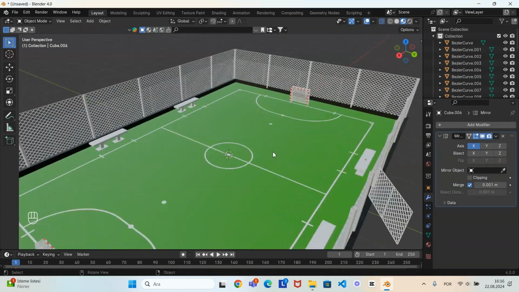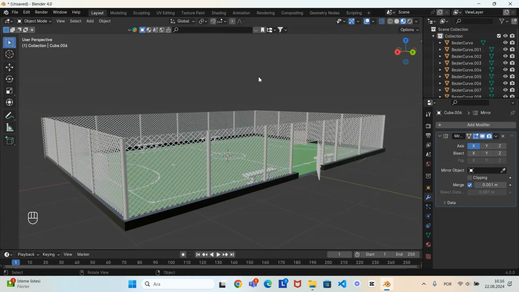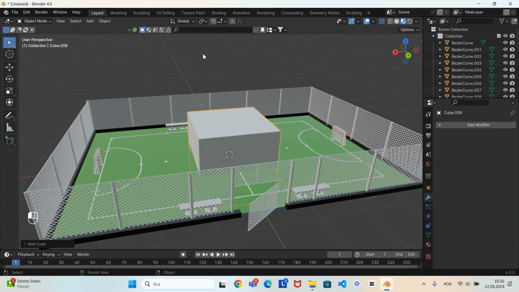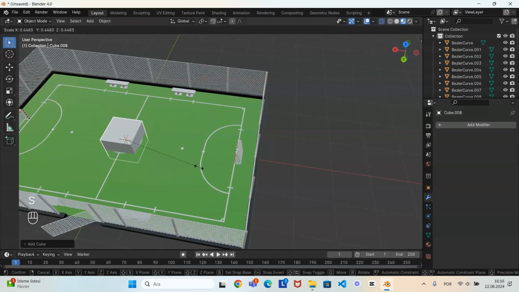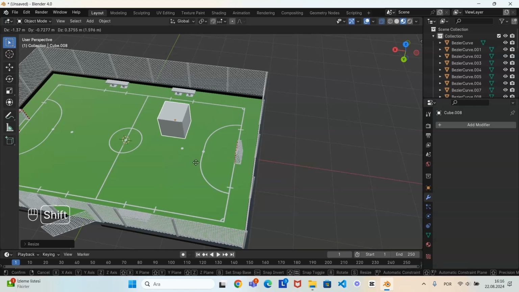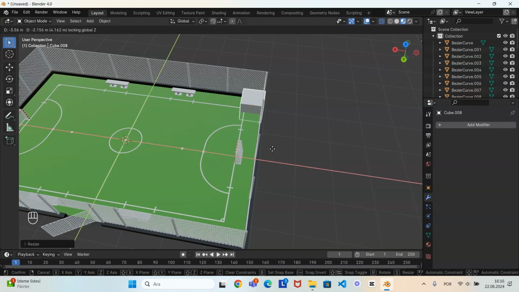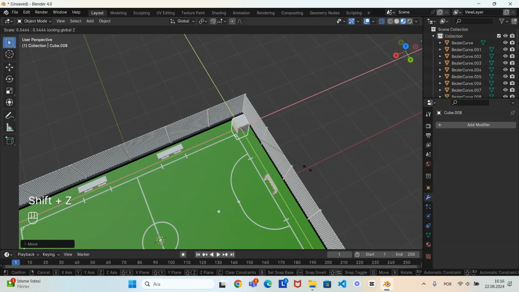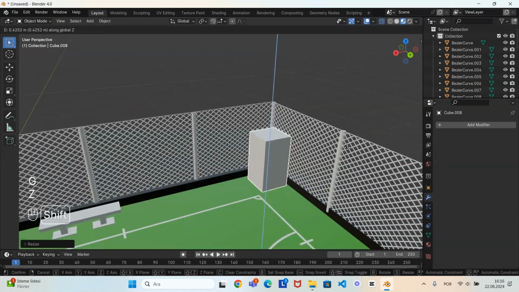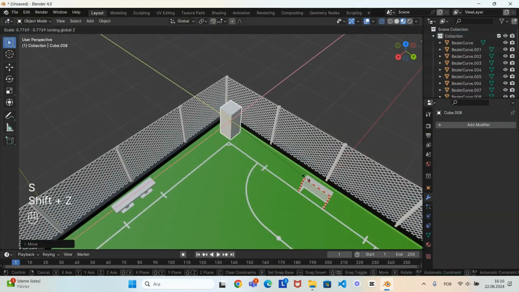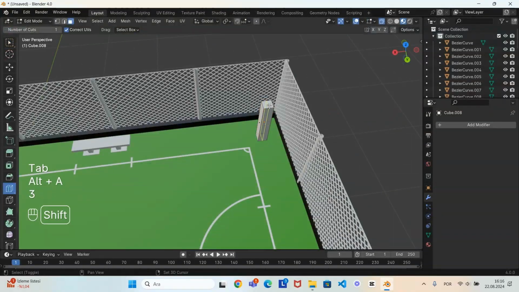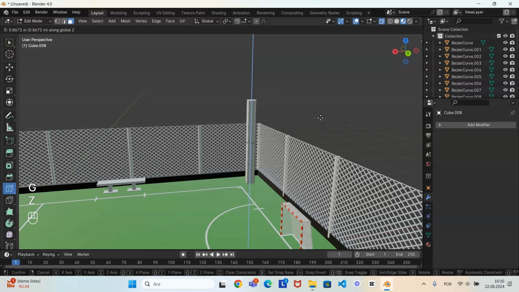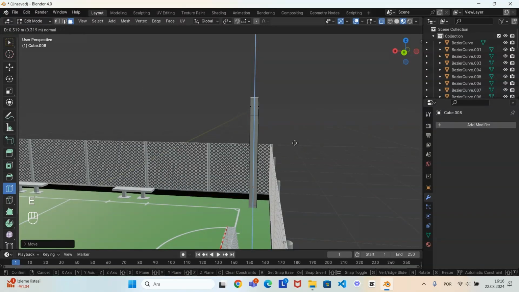We are finally going to add here the lights. So add a cube and then scale it, then move it over here, and then hold shift and then click Z to only move it at z-axis. Then do the same thing but in scale, then move it upwards like this, and then if needed do it one more time. And after that, in edit mode, select this face, then move it up, then extrude this part,